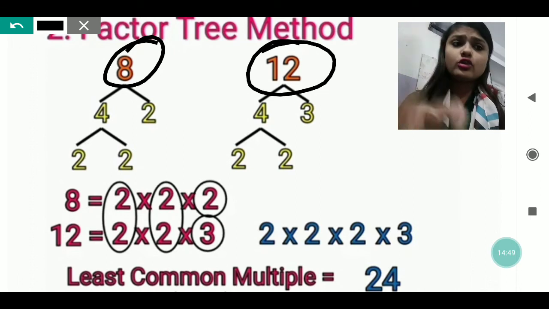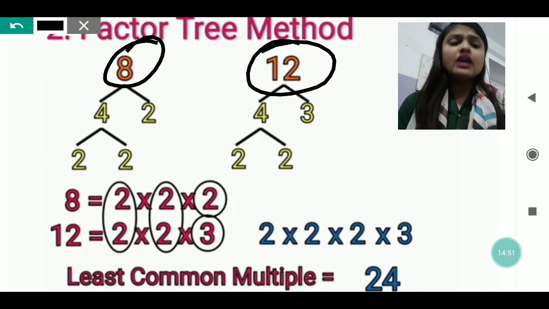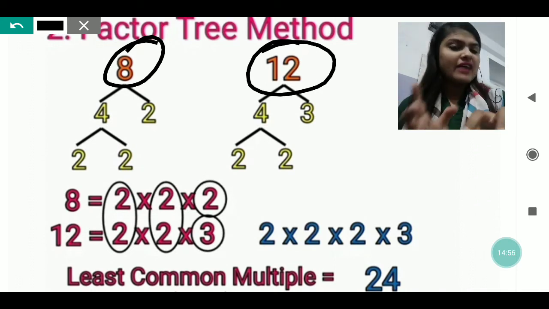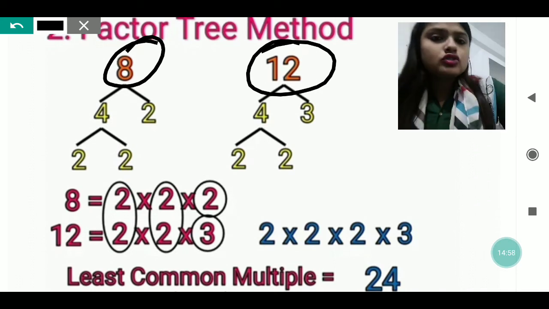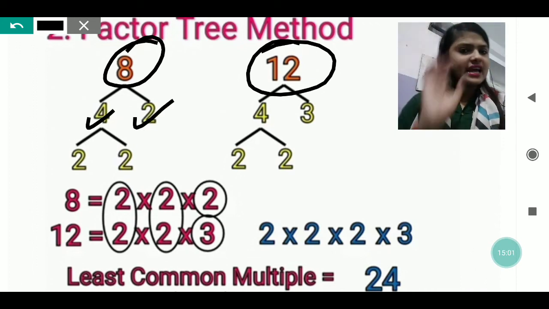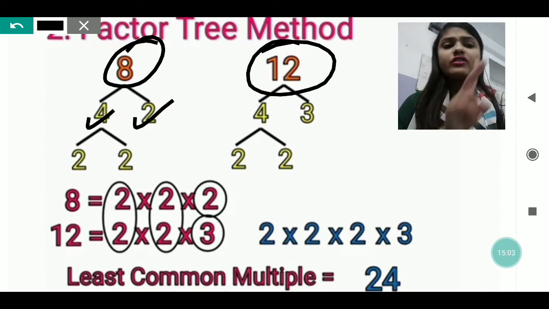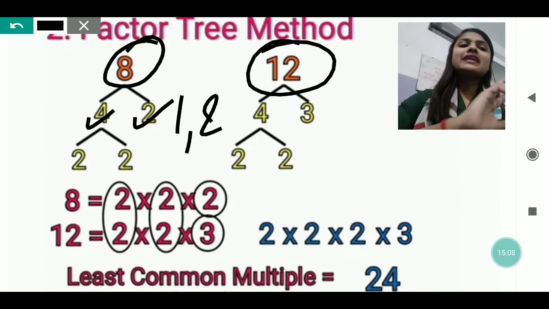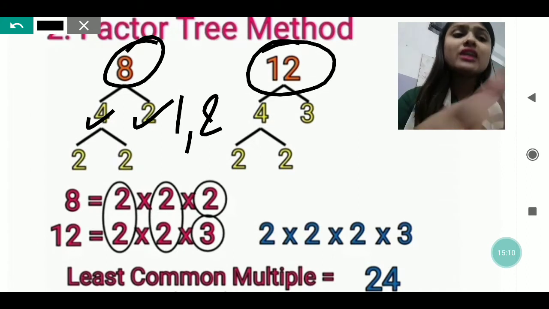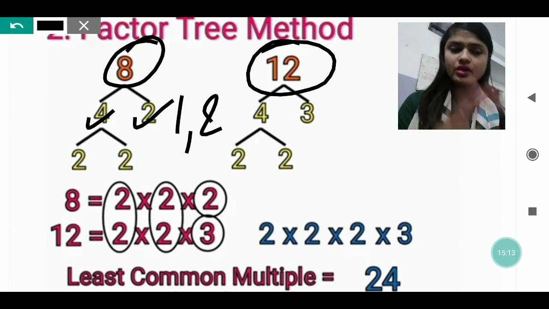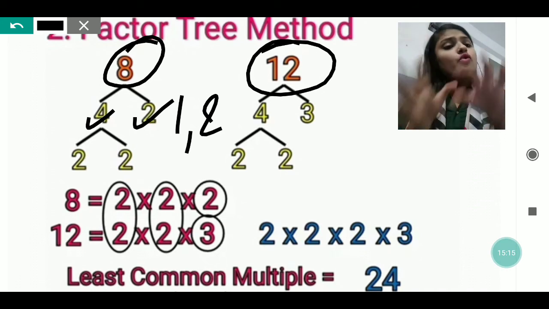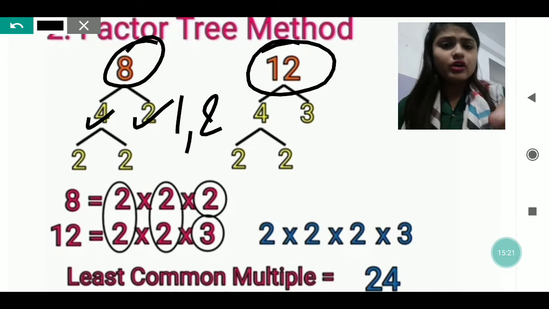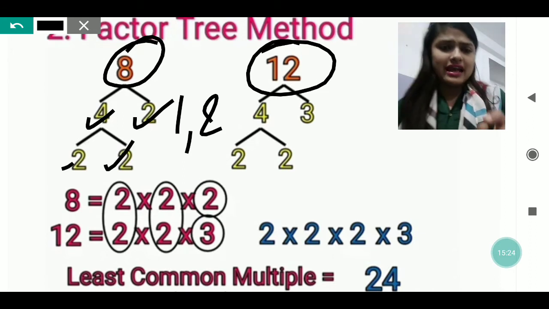We cannot write 2 and 3, because 2 times 3 does not give 8. So we have to divide the number in such a form that when we multiply, we get the same number as the answer. Like 4 into 2, we get 8. In the same way, 2 has only two factors, 1 and 2, so it cannot be further divided. But 4 has more than two factors, and 2 is one of them, so 4 will be divided. 2 2s are 4, so 2 into 2 gives 4.